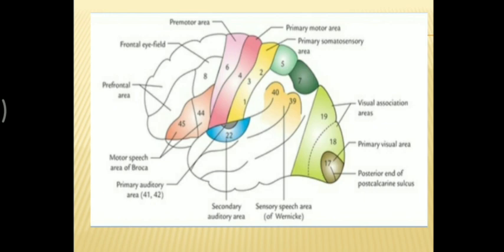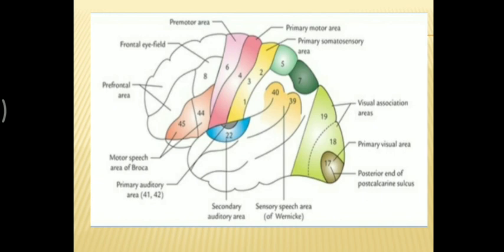First we take into consideration the frontal lobe. In the frontal lobe there is a primary motor area that is called area number 4. This area number 4 is present in the precentral gyrus, and the premotor area, which is area number 6, is present in the frontal gyrus. The primary motor area receives numerous inputs from the sensory cortex, and the premotor area is responsible for programming of these inputs and controlling the progress of movements.